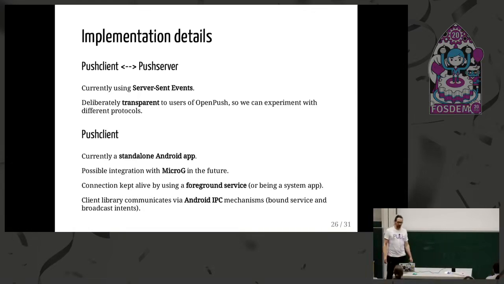If people don't know what MicroG is, it's an open source implementation of the Google Play services on your phone, which does allow you to use Google Cloud Messaging without using Google Play services on your phone, but it's still using Google servers and still requiring the proprietary app library, so it's not a very good solution from a privacy standpoint or from a free software standpoint. But microG is already integrated in some Android ROM builds, so having this integrated in microG would maybe make sense